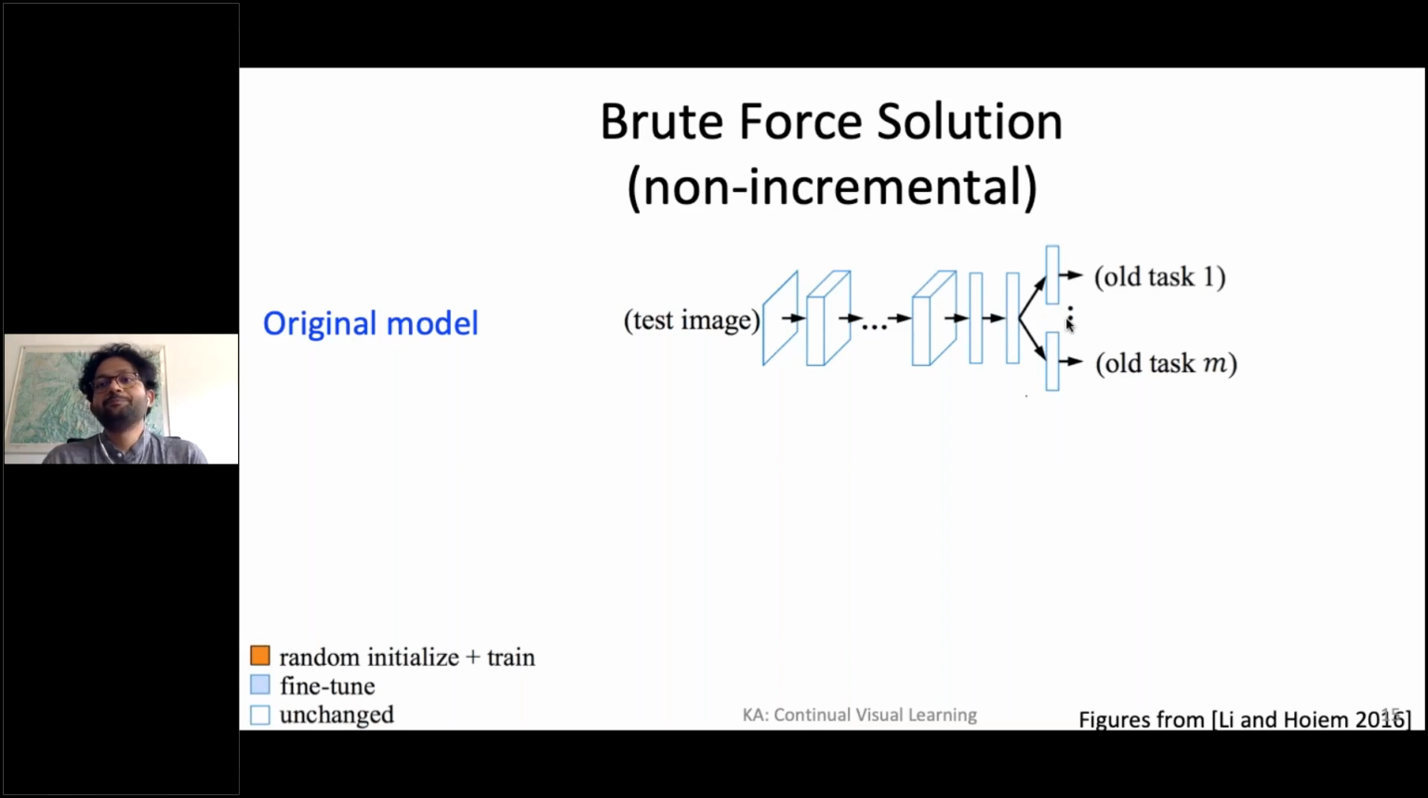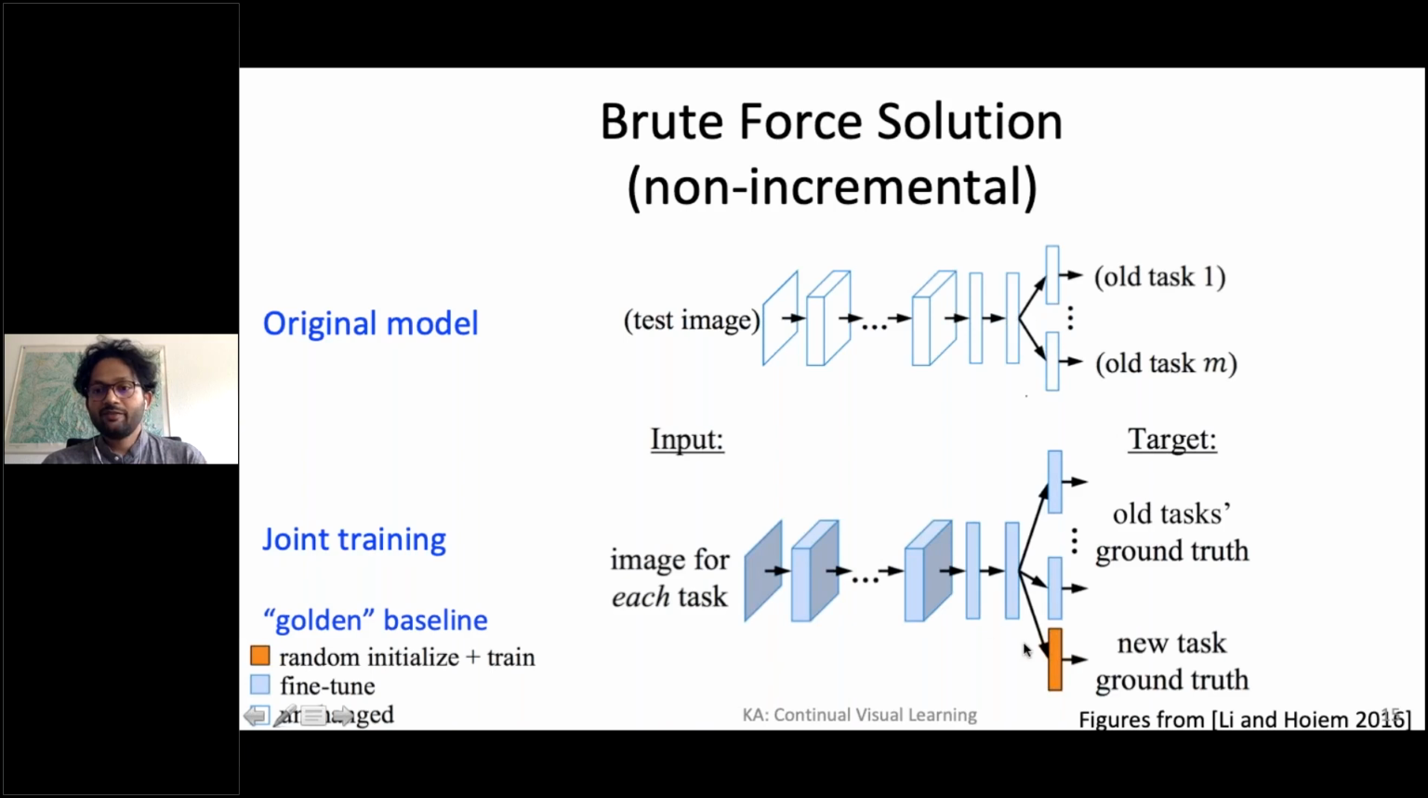So you have these tasks that your model already knows to solve. Let's call them old tasks 1 through M. Now we have been given a new task, shown here in orange, and our goal is to extend this initial model to this new task, as well as handle the previous set of tasks that we had. Here is the first brute force solution,